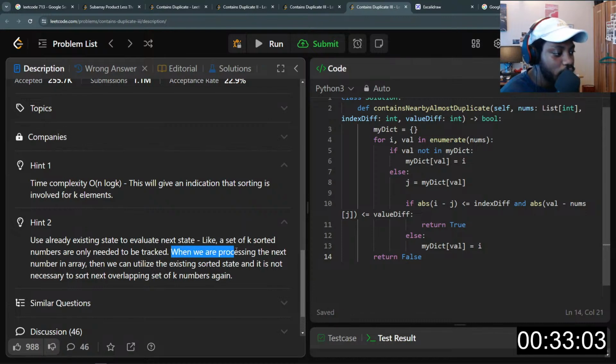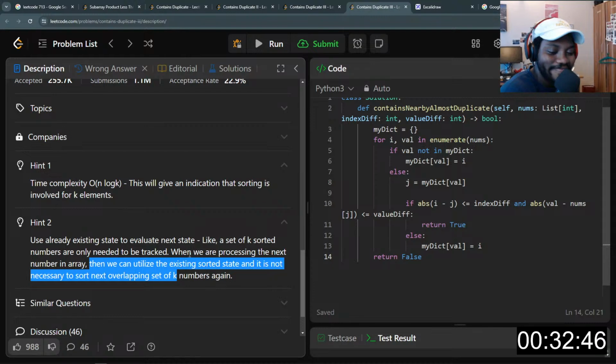So when we are processing the next number, we can utilize the existing sorted state, and it is not necessary to sort the next overlapping set of k numbers again. Does anyone have an idea what that means? Because I don't know what I just read.